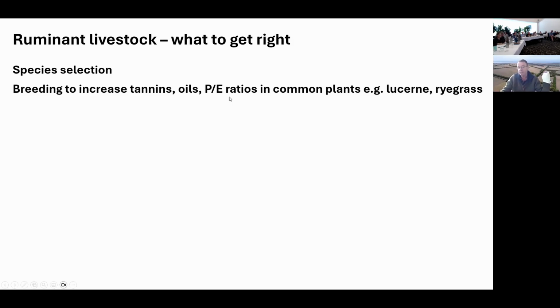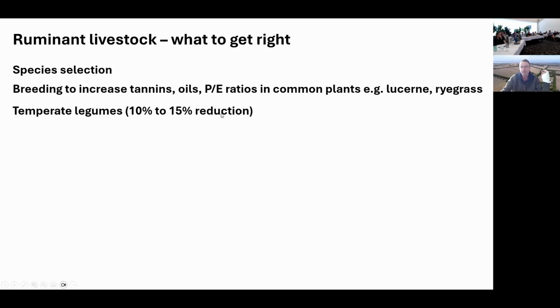So there is quite a bit of work going on behind the scenes at the moment to try and, if you like, lower the excess protein for the ratio of energy, which will have a positive effect on your emissions calculation. And it's being bred into some of the common plants that we use. So it's not a major change in species shift over the pastures you've got. Obviously, you've got to introduce them, so it's a resowing bit, but that's likely to be turning up in the future.